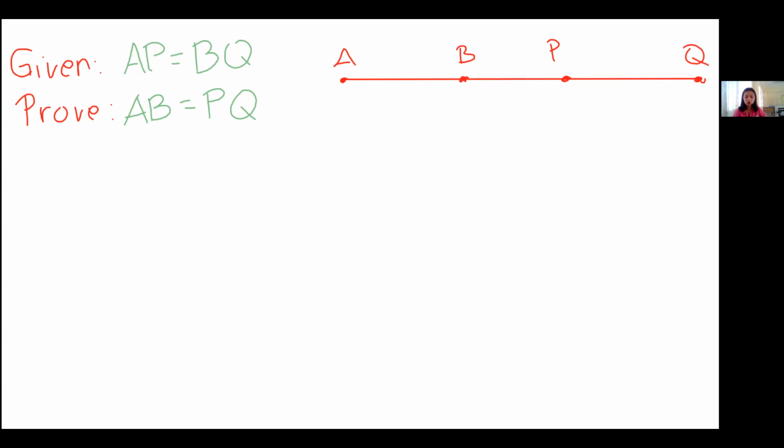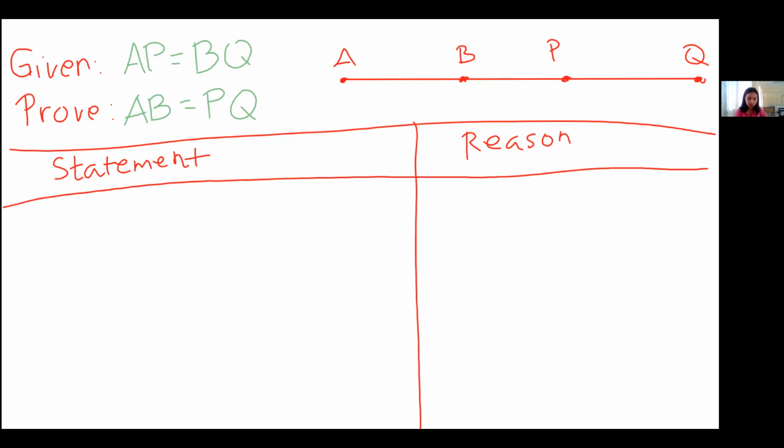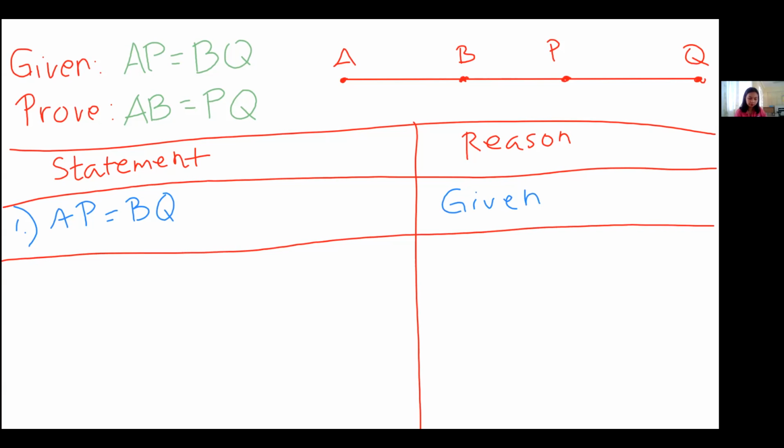Okay? So, again, we are going to use a two-column form po. Two-column proof, sorry. So, we have here the statement and then the reason. So, for the first, of course, doon tayo kay given. AP equals BQ. Ayan nga yung pinakamadali dyan eh. First part, yung given pa lang kasi siya. Okay? For number 2 po,